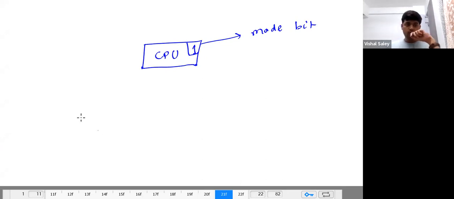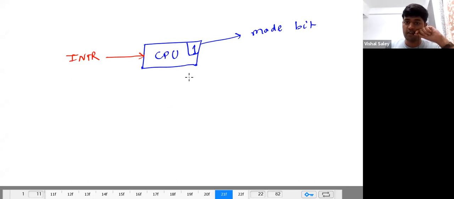So what happens now is that an interrupt comes in to the CPU. Whenever an interrupt comes in, the CPU has to suspend its fetch-decode-execute cycle. The CPU stops fetch-decode-execute,